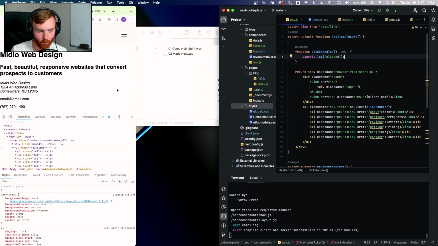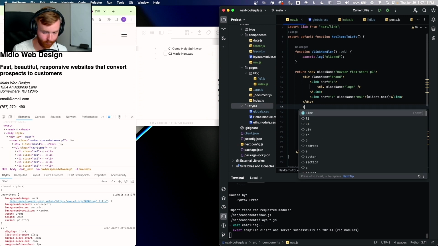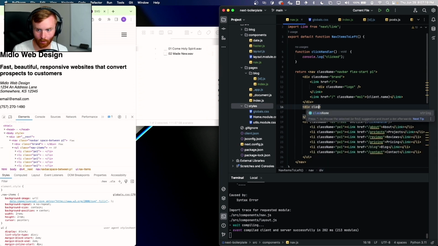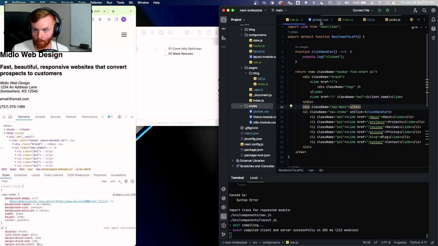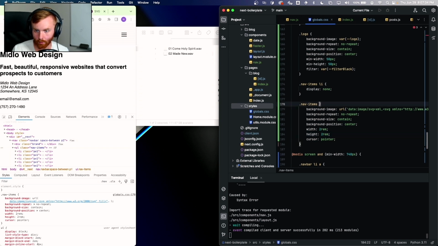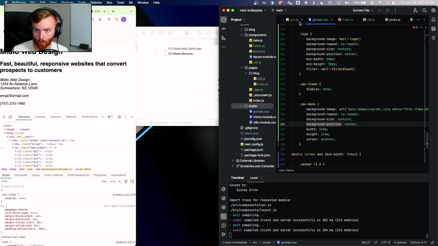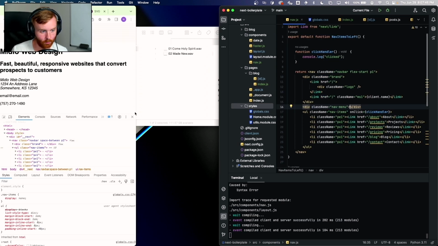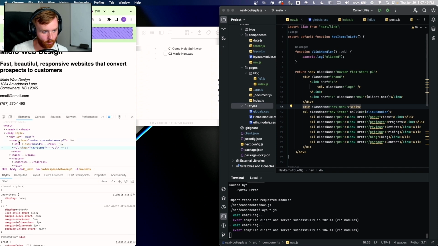Okay. So a couple things need to happen here. First thing is I just need to set a new div that's going to have a class name of, I'm going to set it to nav menu. And that's just going to have nothing in it because we're going to go here and change this to nav items display none. And then this is going to be nav menu. And so if we come back over here, we have nav menu, which has not shown up here. So if I refresh,